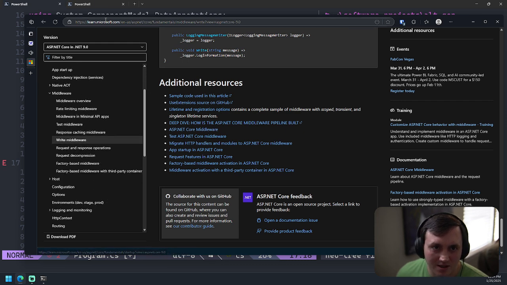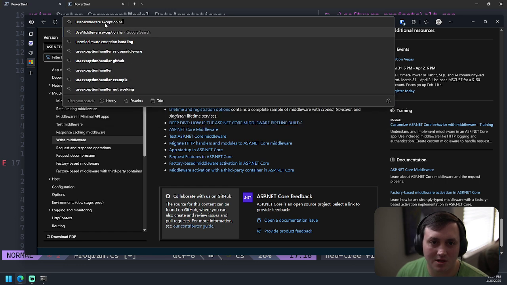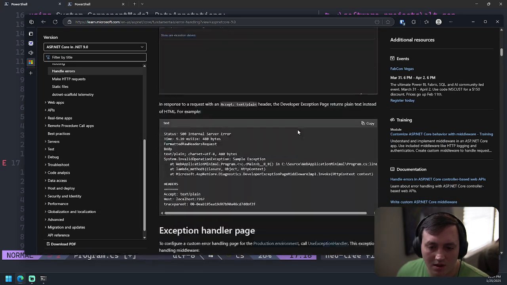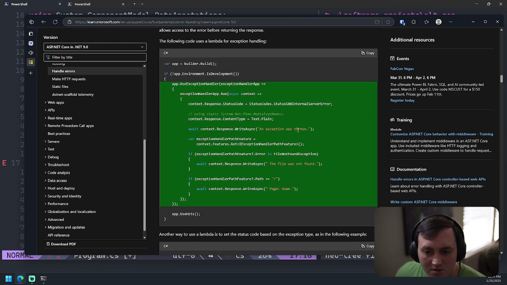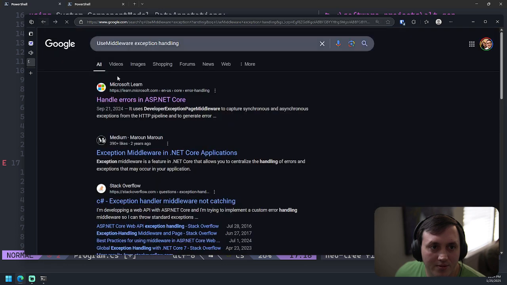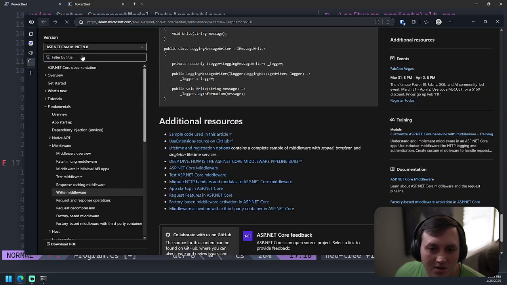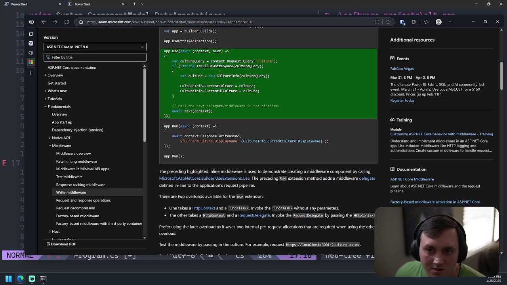It's been a minute since I did this. Let's see. Use middleware exception. I don't want the developer. Basically what I need to do is I need to write some code that looks very similar to this.